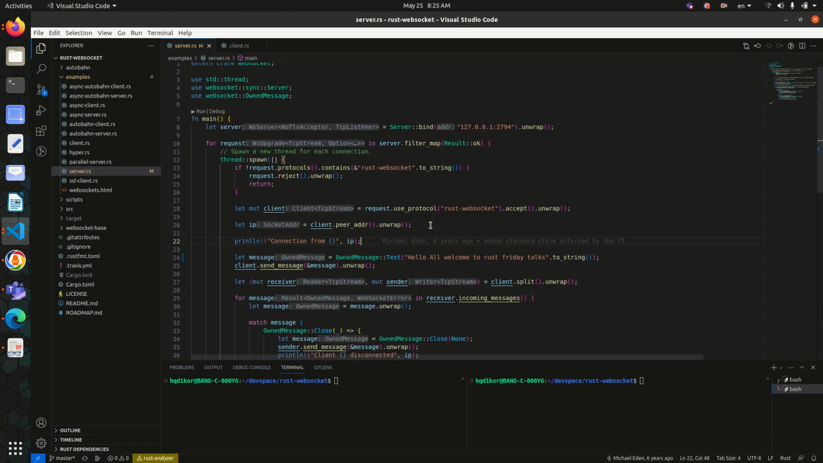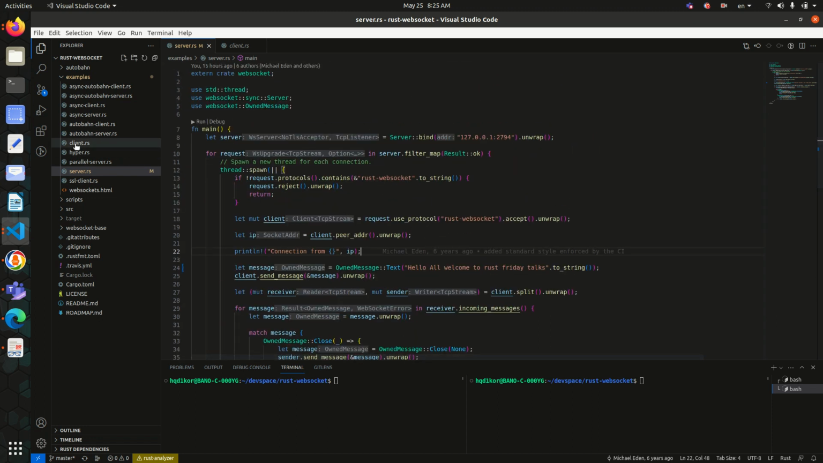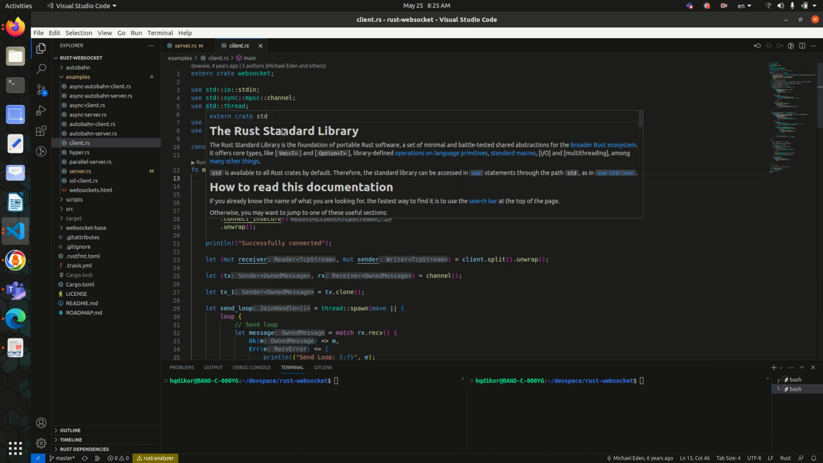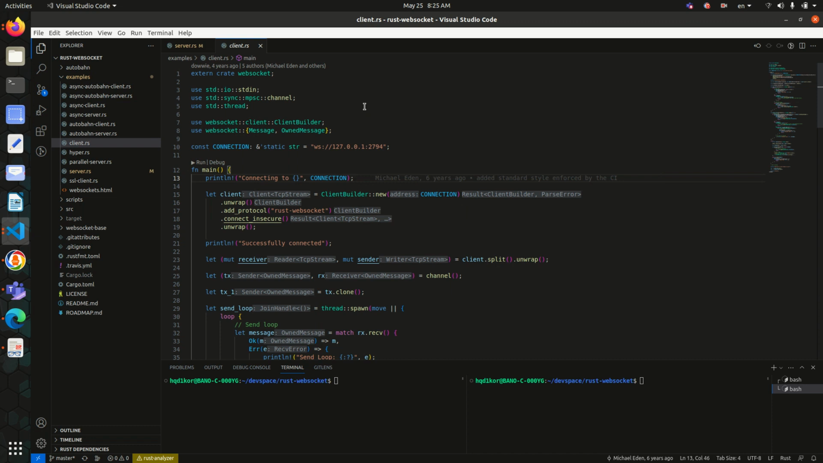When it comes to the client, they are writing it in client.rs. Basically, they are using the same things here: the standard IO, standard Rust, then sync channels, and also std threads. After that,